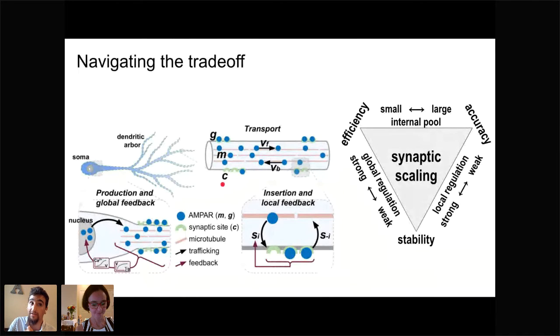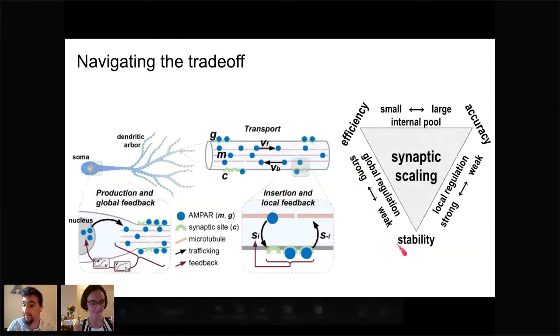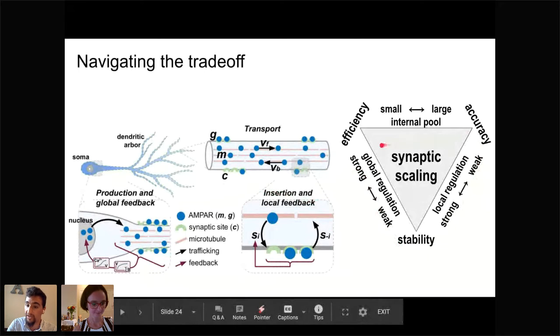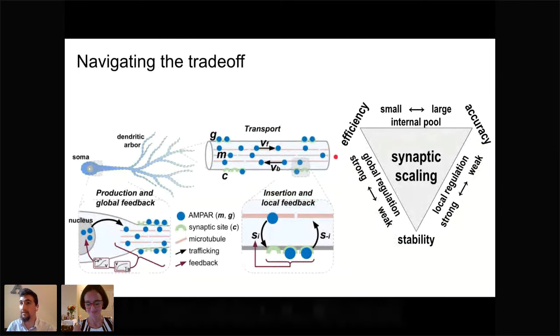Other kinds of structural plasticity, where the neuron morphology changes and the actual branches and the trees change, we have not considered. We imagine that when that happens, this trade-off still exists and might be worsened, might be alleviated based on